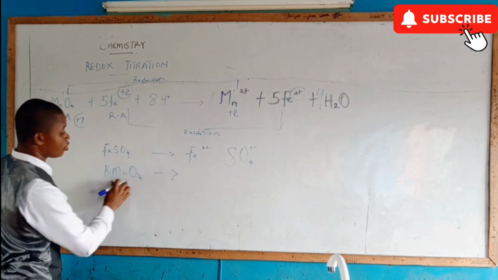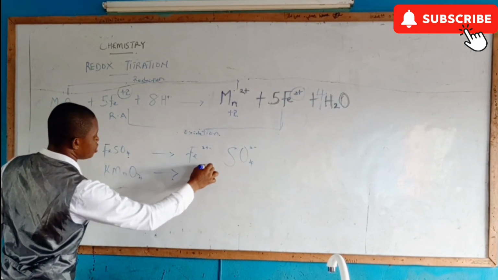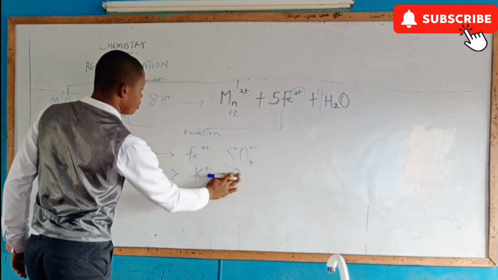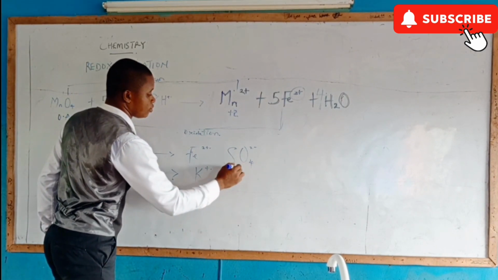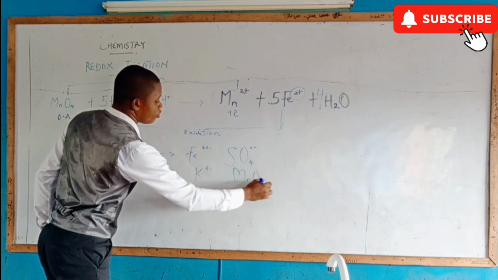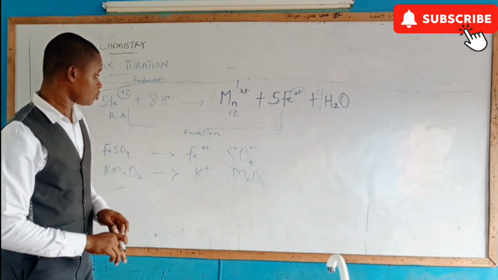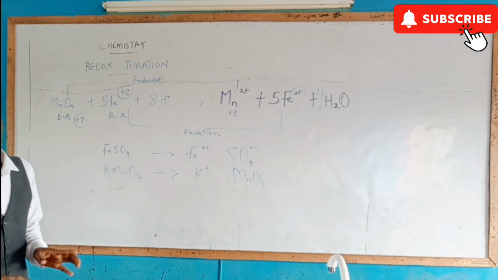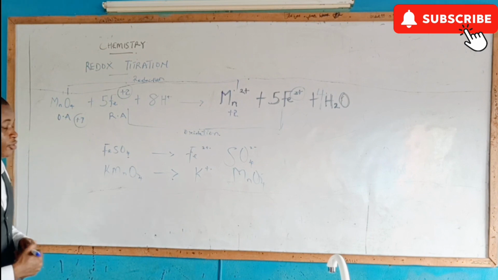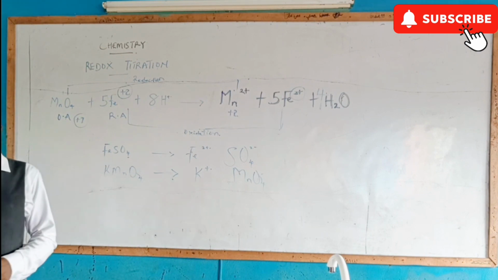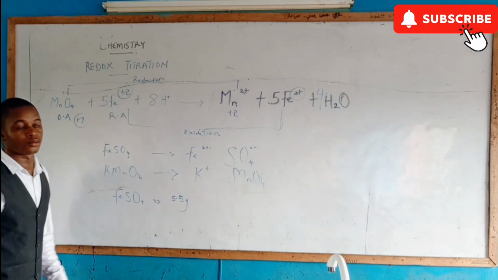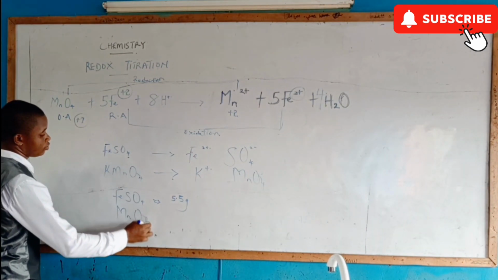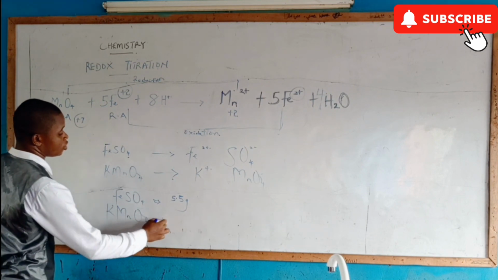And for the oxidizing agent, potassium will dissociate, and also we have KMnO4, the MnO4-. Now, according to the question given, we've been given the number of grams that will mix up in 1 dm cube, and for the MnO4, we have to take a measurement of